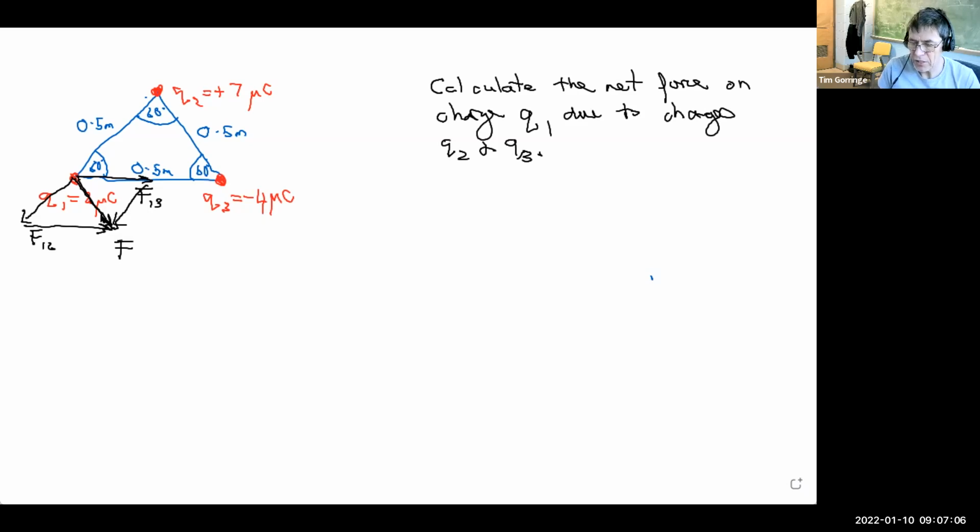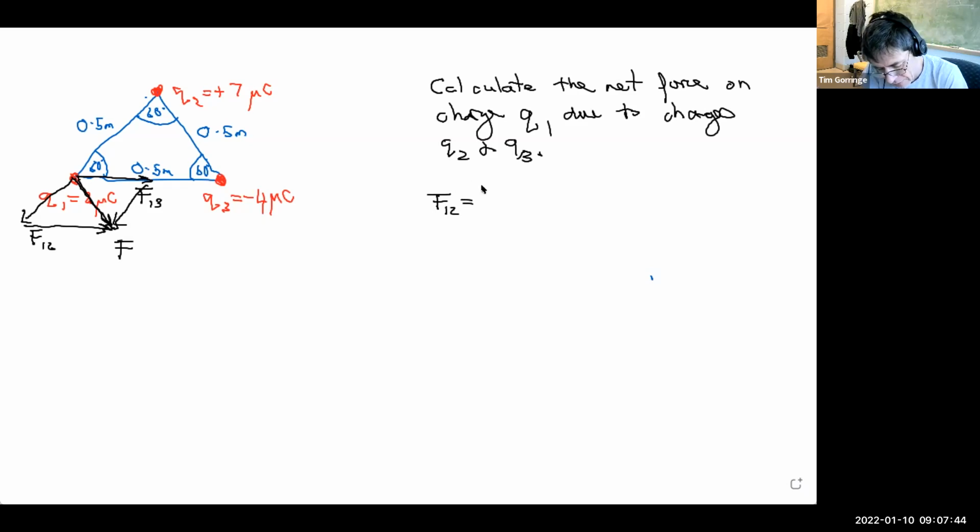Okay, so there's going to be a few steps in figuring this out. The first step is kind of straightforward. I'm just going to find the sizes of those two individual forces, F12 and F13. So I'm going to do that step first. Then I'm going to worry about this problem of superposition and adding up the forces. So F12, I'm going to write these upstairs here. The size of F12, and I'm just worrying about the size here, so nothing about the direction, just the magnitude,